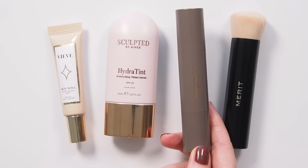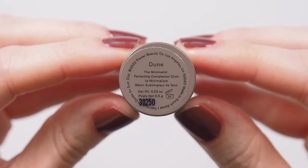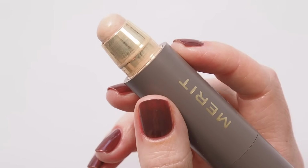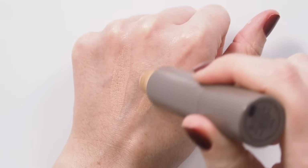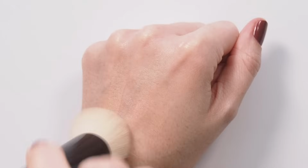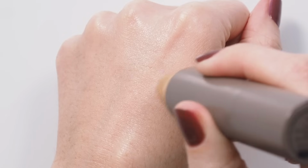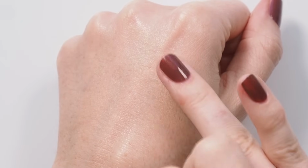As I mentioned in my best base video, my go-to base routine has been a skin tint, then a multitasking stick. So I'm back to my old faithful Merit the Minimalist to add a touch more coverage. This is not new, it's been my most used base product for 3 years, but last year it did expand to 30 shades. I wear June. This light to medium coverage foundation / concealer is the quickest way you'll ever do your makeup in the morning. Breathable, creamy, stripe it on wherever you need. I love brush number 1 to work it into the skin seamlessly, but I also like tapping it straight in